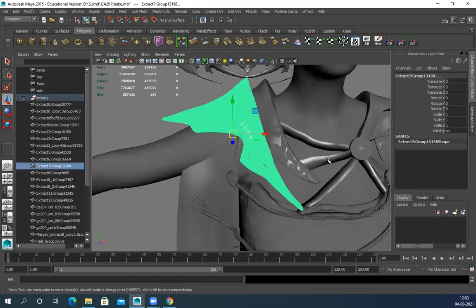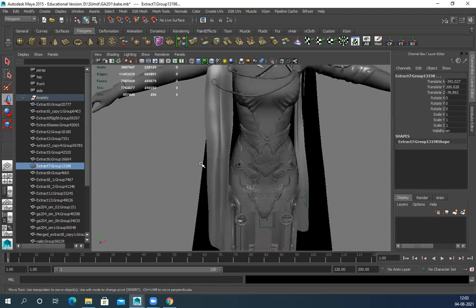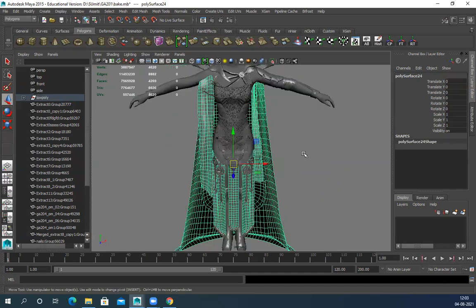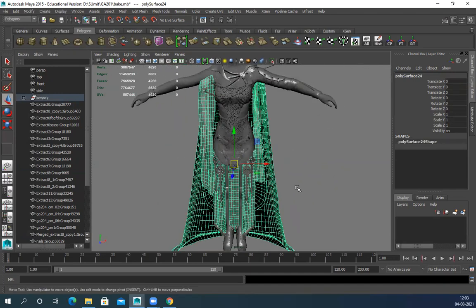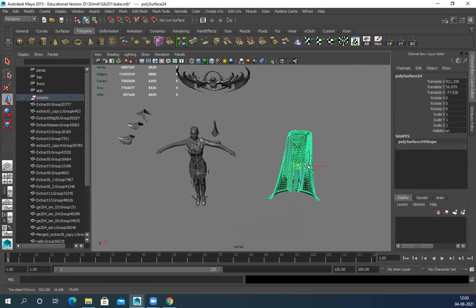Sir, you're moving high poly and low poly together? Together, yes. You can see high poly also selected and low poly folder also selected, so high poly and low poly move together. That's why you have to separate all the models, all the parts. Now for cloth, I haven't exported the high poly because we're going to add details in Substance itself. So I'll use low poly as high poly. Select this, move it here.